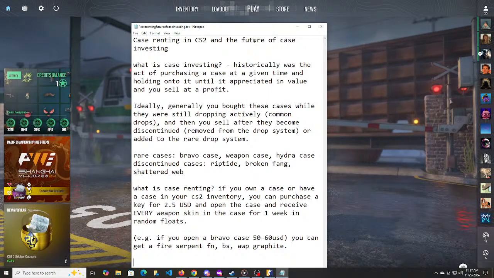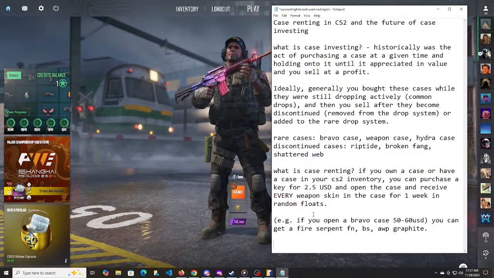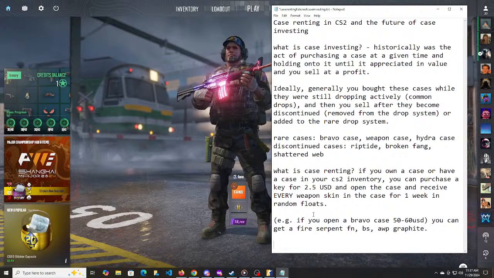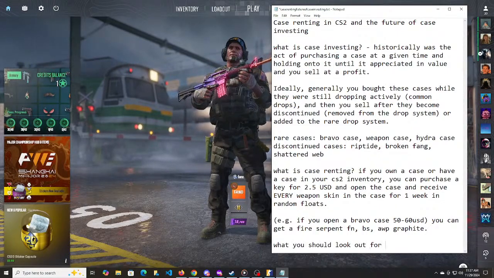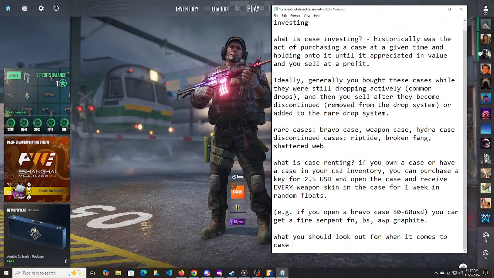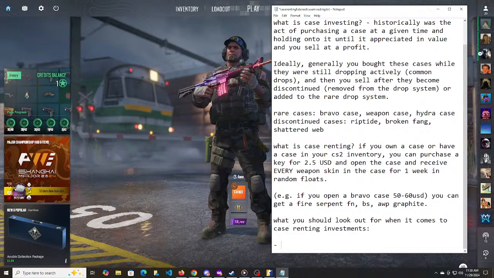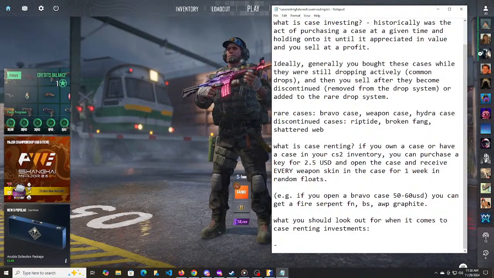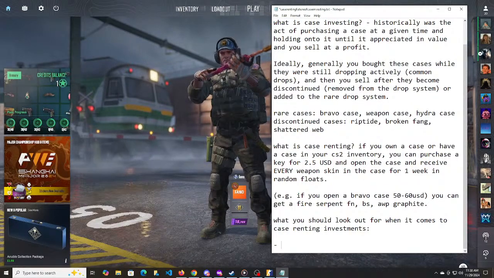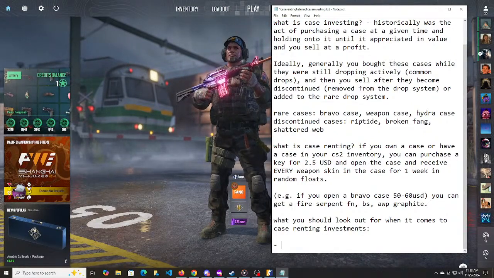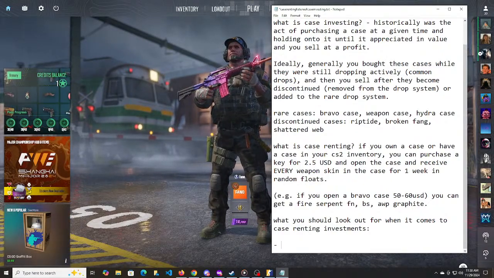Before we get into the specifics of how high I think cases are going to go, are they going to drop to 3 cents, are they going to rise even more, I'm going to say what you should look out for when it comes to case renting investments. There's going to be an opportunity for us case investors to find certain cases that are more advantageous, more profitable, more lucrative for us. Which cases should you invest in, or take a look at more? So when it comes to this, I would say